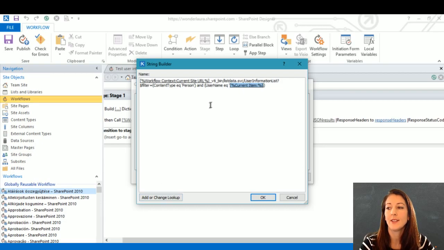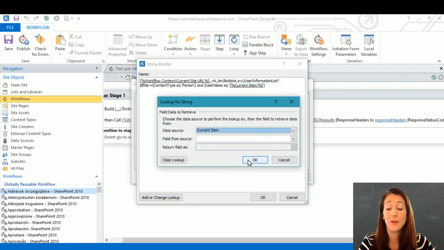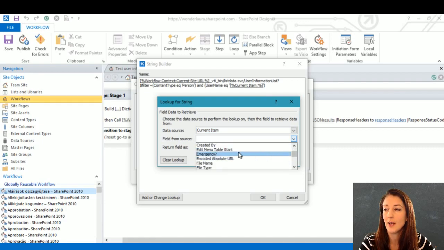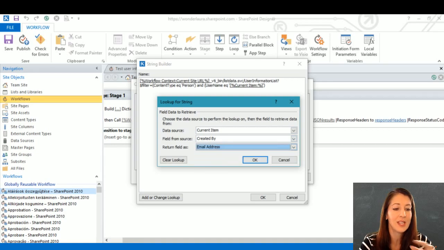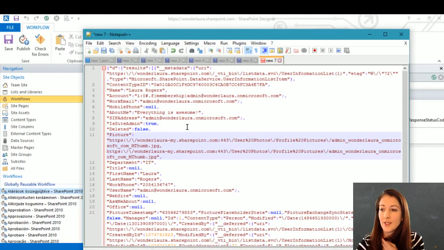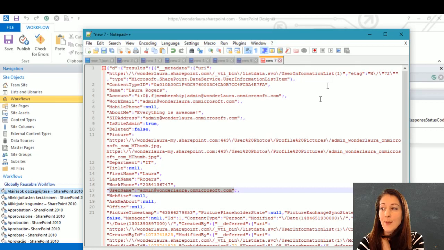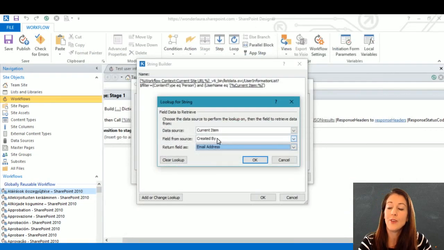So I'm going to get the current user, so whoever's filling out the request, current item, created by, and then I'm going to go get their login name. So username equals, no, it was actually email address. So how do I know this? Because username over here in this syntax, see, that's an email address, right? So I'm going to go find that user, that one record